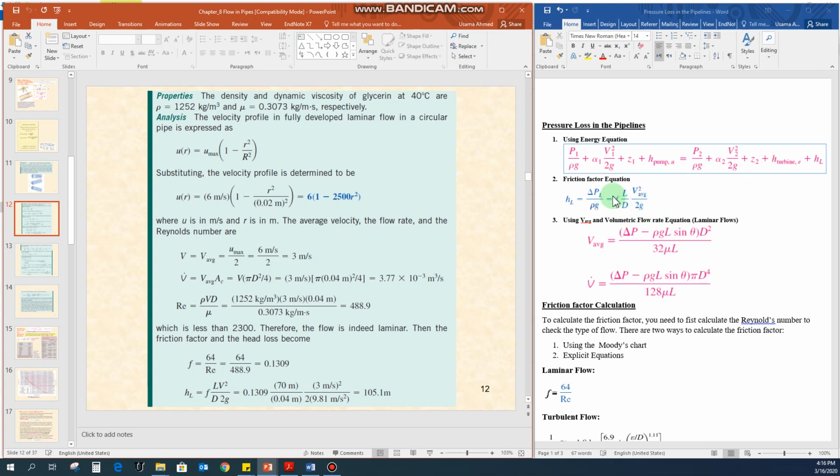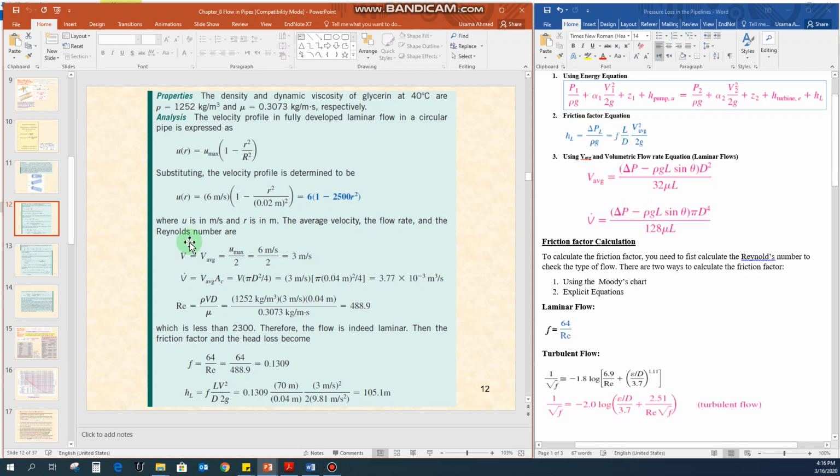And this friction factor calculation depends on the Reynolds number that you get for a given problem. So first of all, we will see what the value of the Reynolds number should be. It is equal to rho Vd divided by mu. The value for the Reynolds number comes out to be 488.9, which lies in the range for the